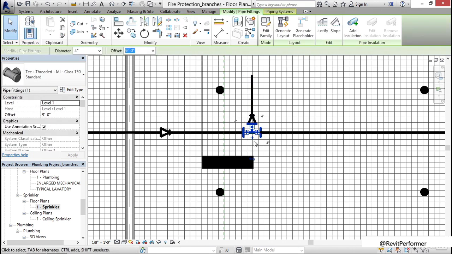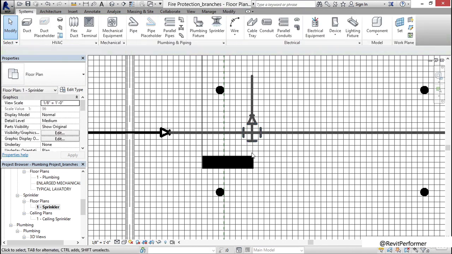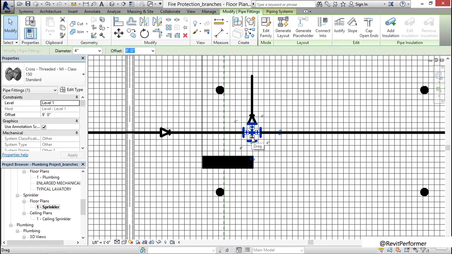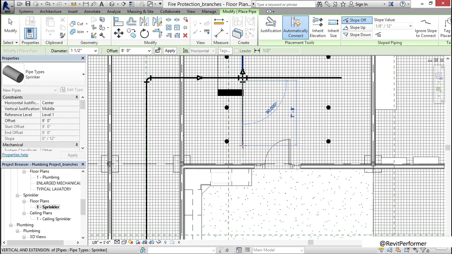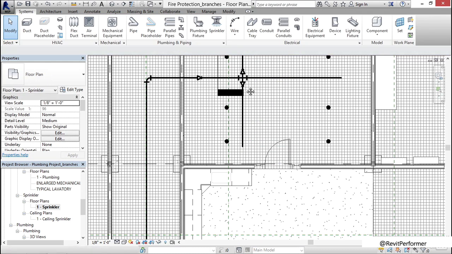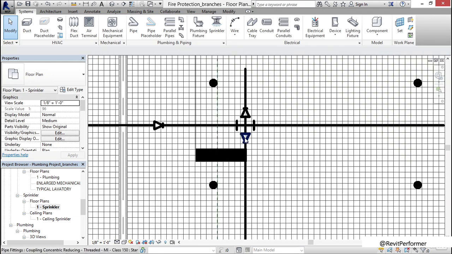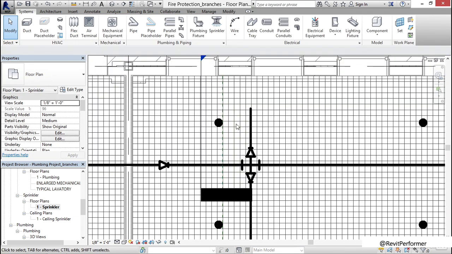Select the T and click on the little plus next to it here. Select it again, right click, and let's draw a pipe. This time we'll change the diameter to 1.5 inches before we place the other end. Click a point right here, and it reduces it. Now the next trick is to come up and over, down back into the main.